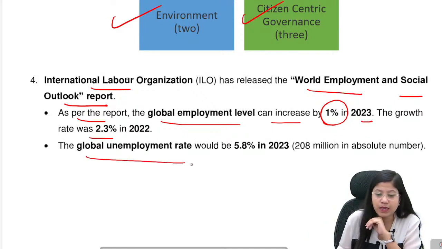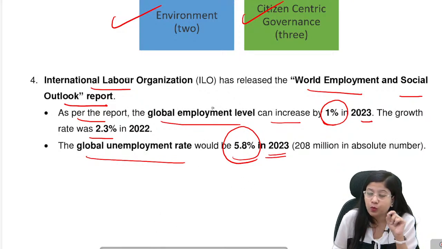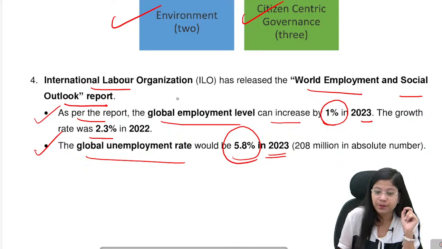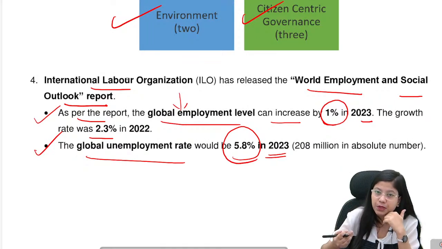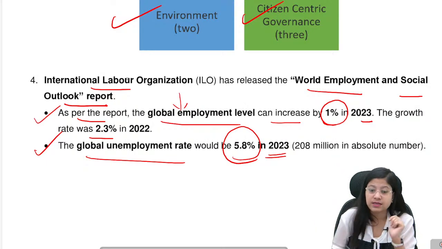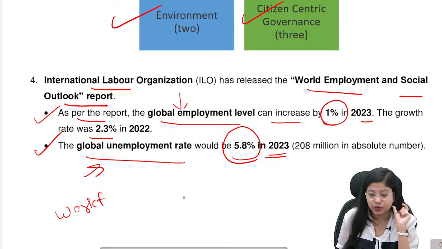Next, the global unemployment rate would stand at 5.8% in 2023. Now guys, do pay attention to this fact that these two statements appear to be in contradiction to each other, but they are not. Why? Because this statement is saying that the global employment level is going to increase by 1%. That means more people are going to be employed. New employment opportunities will be generated in 2023. Whereas this statement is saying that the unemployment rate, that means the number of people unemployed out of the total labor force, not the workforce,